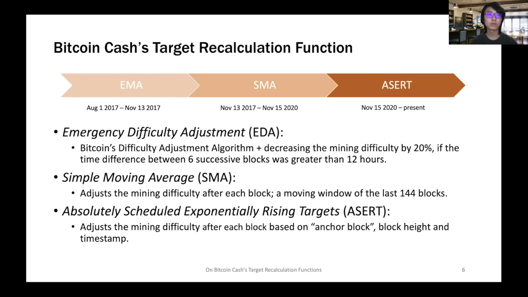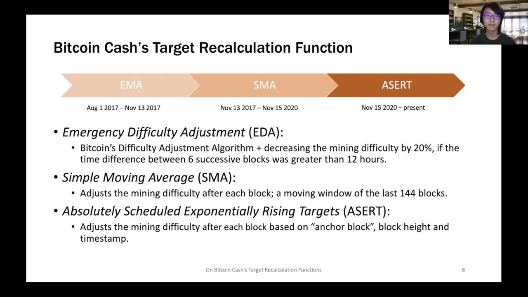So let's move to Bitcoin Cash. Since its creation, Bitcoin Cash has had 3 different target recalculation functions. The first one is called emergency difficulty adjustment, or EDA. And this is a combination of Bitcoin's original algorithm plus an emergency policy of decreasing the mining difficulty by 20% if the time difference between 6 successive blocks was greater than 12 hours. So apparently this is not a very good solution because 12 hours can be too long for both the miners